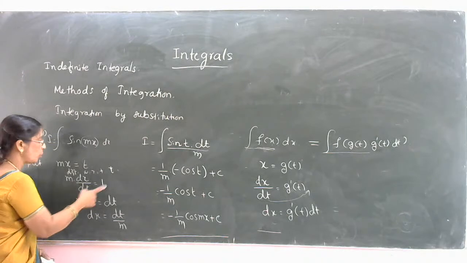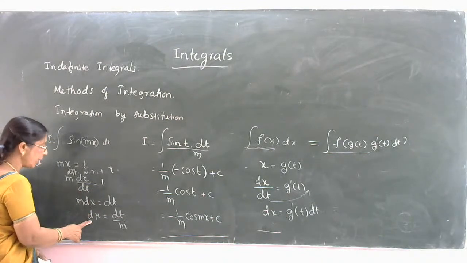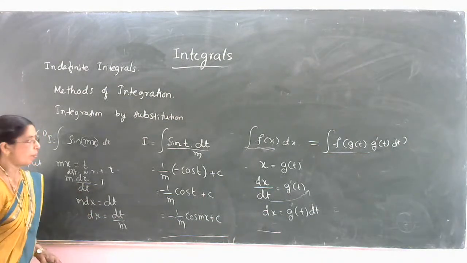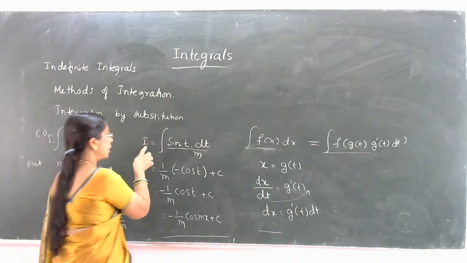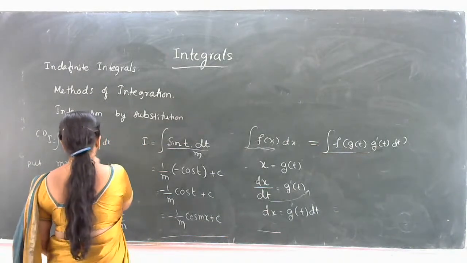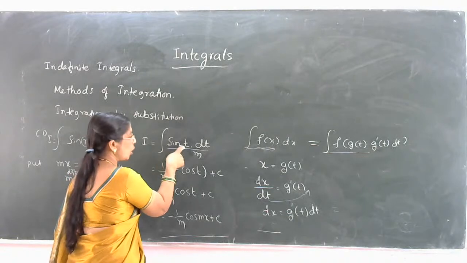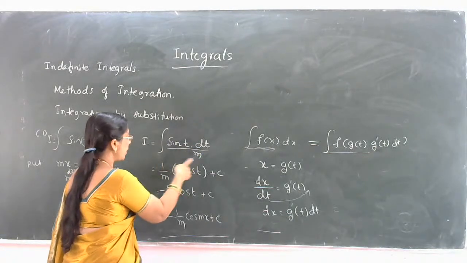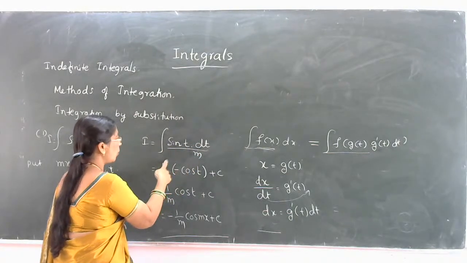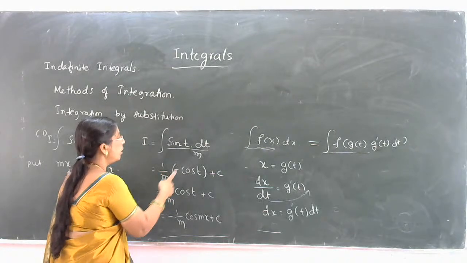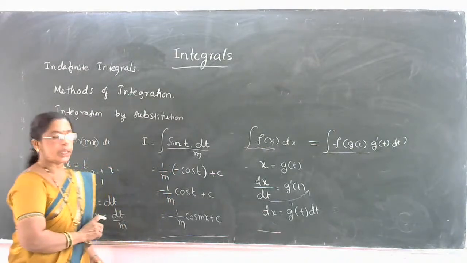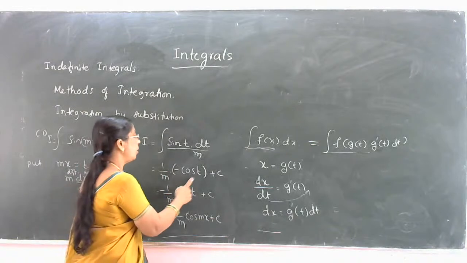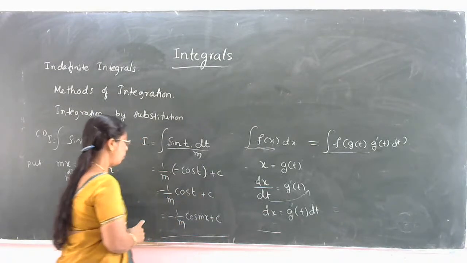Then dx is equal to dt by m. We get integration of sin of mx dx is equal to integration of sin of t into dt divided by m. Then integrate this one. 1 by m is common. Then the integration of sin of t is minus cos of t plus c. Then we change the